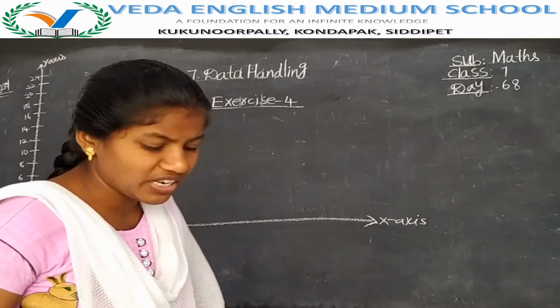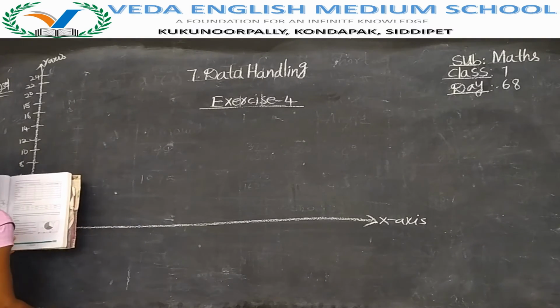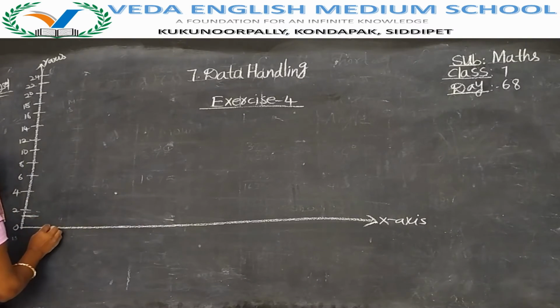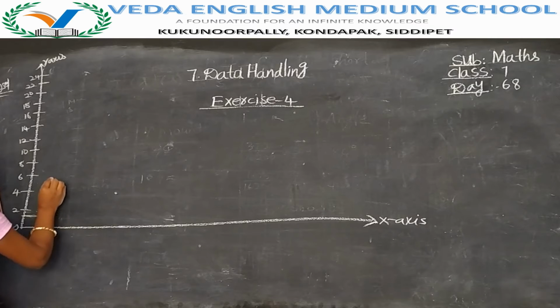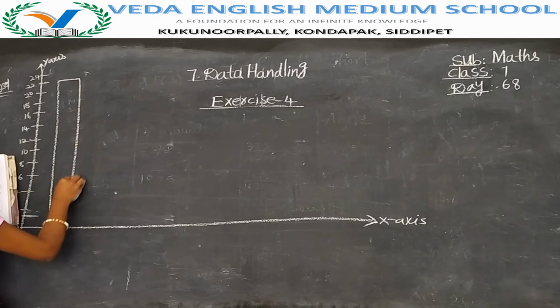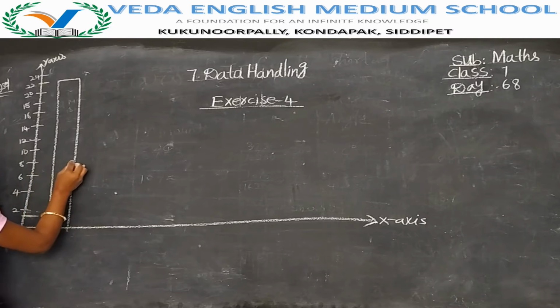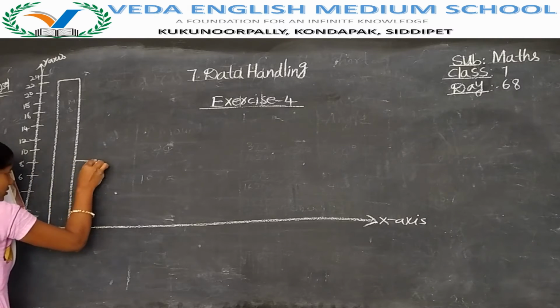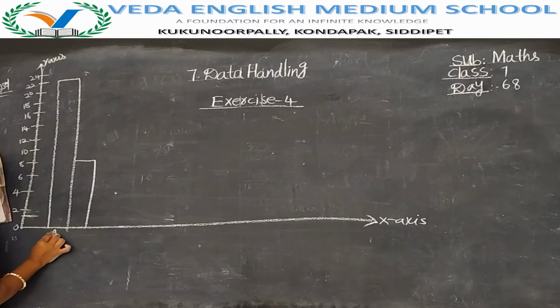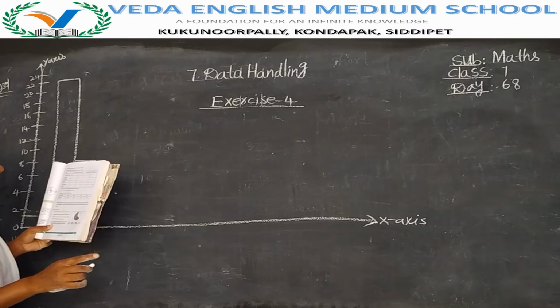We have to write the state names. First Andhra Pradesh, birth rate and death rate. Birth rate in Andhra Pradesh is 22. Where do we have 22? Here we have 22. Then the death rate is 8. Where is 8? Here we have 8. So you have to draw two bars like this. Now it is Andhra Pradesh state. Then afterwards we have to leave one box and start Karnataka.